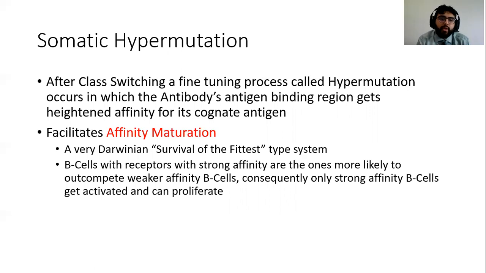Okay, somatic hypermutation. I already discussed it. It's a fine-tuning process after the B cells activate, in which it fine-tunes its antibody to have more stickiness to antigen, right? So basically make the antibody better at its job. And this actually facilitates something called affinity maturation. It's a very Darwinian, survival of the fittest type system, in which the only B cells with receptors with strong enough affinity are the ones that are most likely going to have the all clear